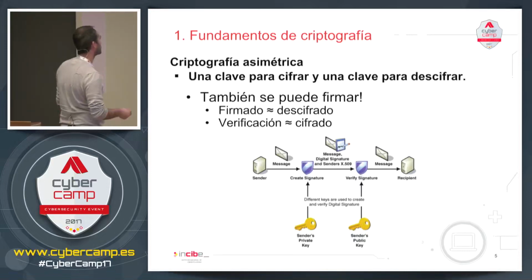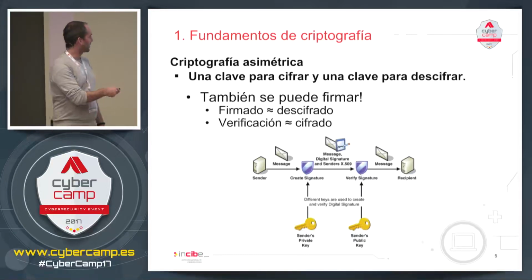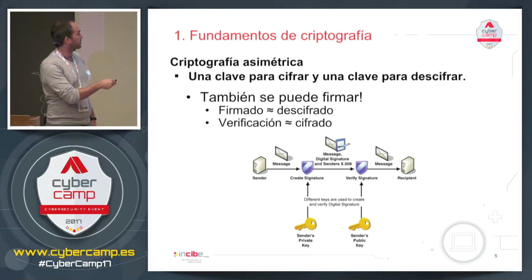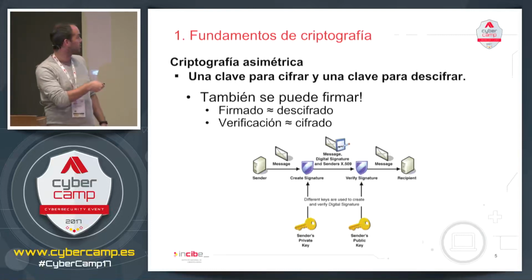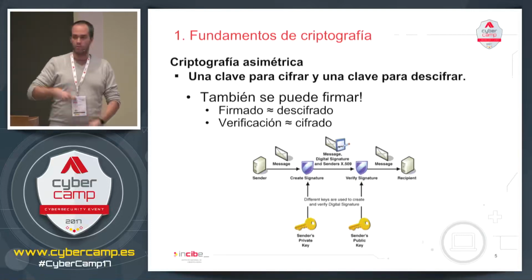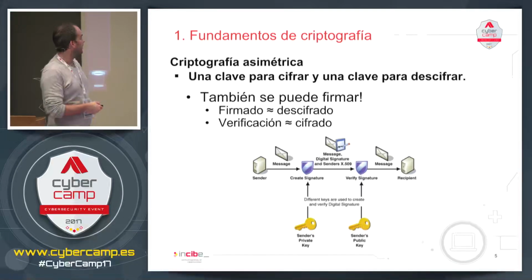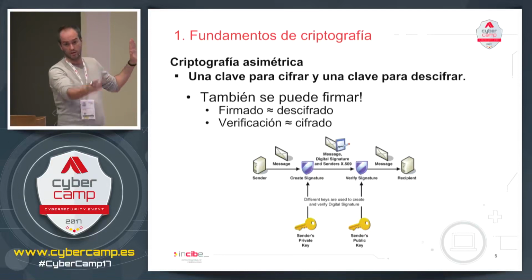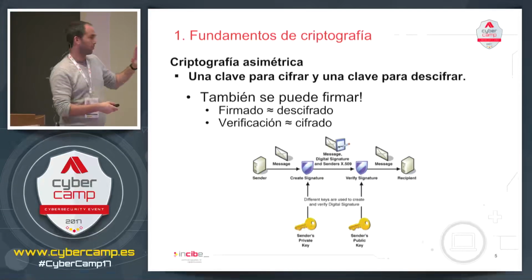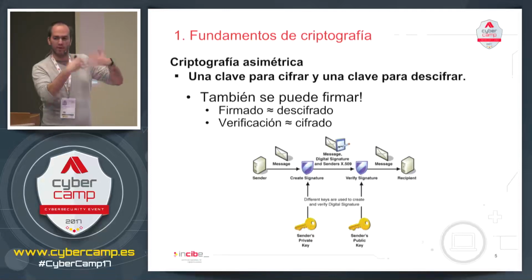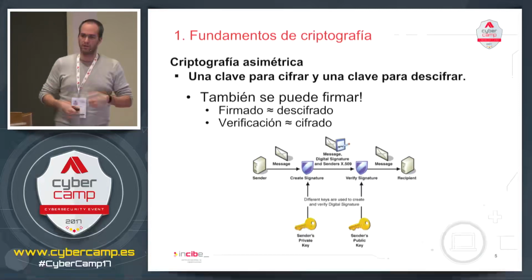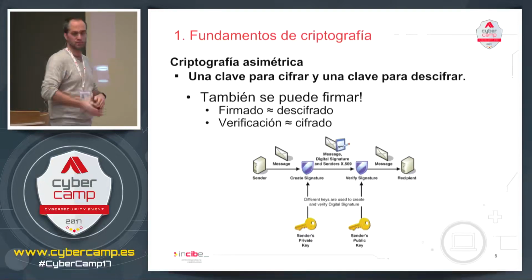Here you've got a typical flowchart in which the sender sends a message, creates a signature using the private key, and sends it via a data structure, via the X509 format, although there are other formats. The result of this operation with a private key is received by the final recipient, and he decrypts with the public key, and if it works, that means the signature is correct.